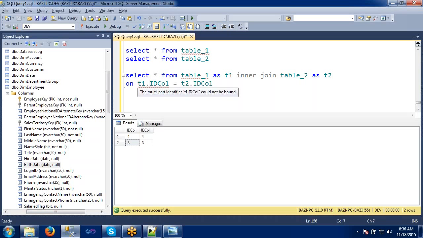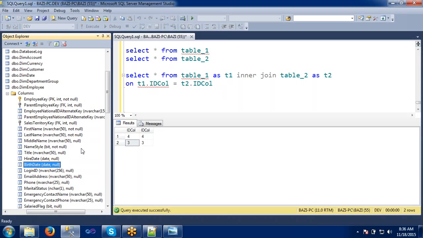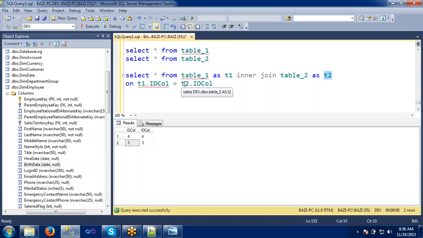In future, if you have this many columns, in that scenario we have to use it like this. The table 2 we are calling as T2. No, it's only for this query. Up to this query only we are aliasing.